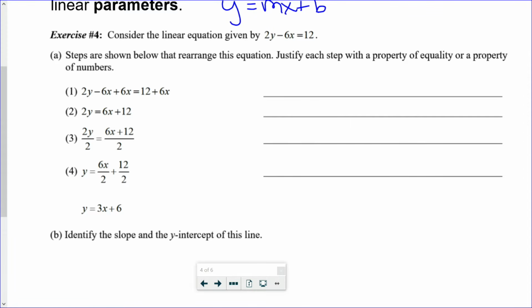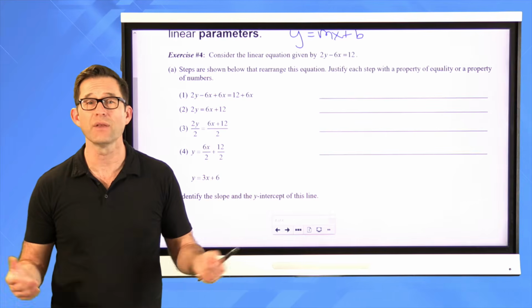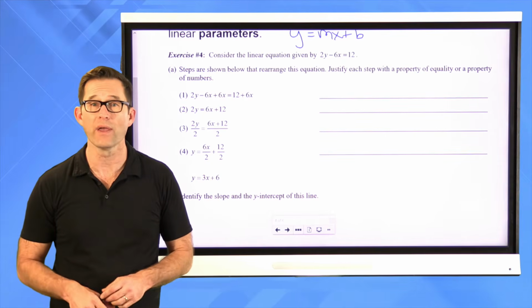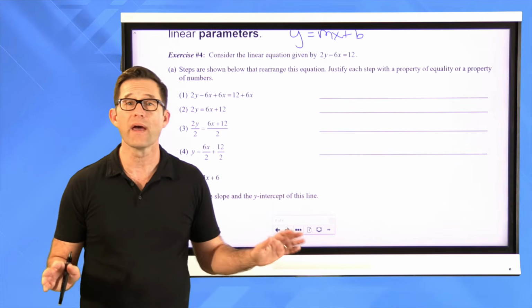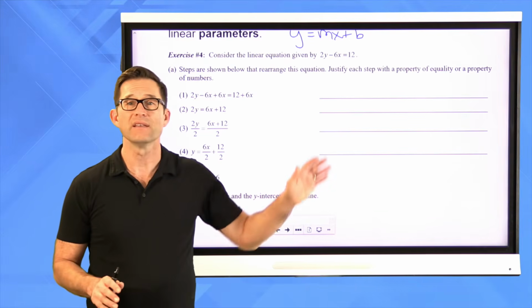Justify each step with a property of equality or a property of numbers. All right? So this is just back to how do you justify manipulating an equation. Now again, the reason I want to emphasize how important this is if I gave you this and I said